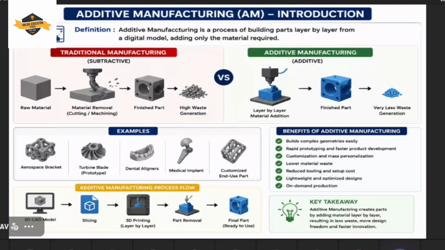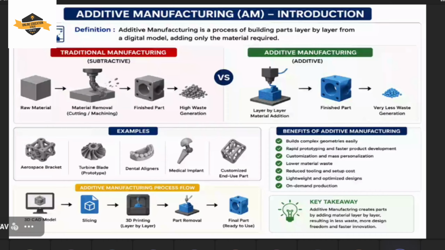It has all to be decided in a computer by using software technologies known as computer aided design, CAD. So CAD is a platform. There are different tools like SolidWorks, Fusion 360, CATIA, wherein these 3D models are designed, and based upon those 3D models, a digital file is created. The digital file carries the information on the path and how the material has to be deposited, in what pattern.